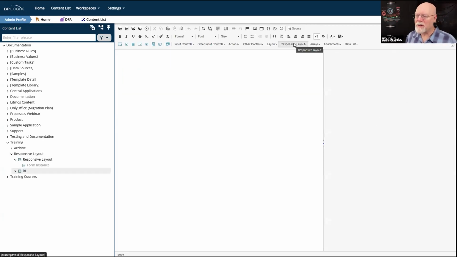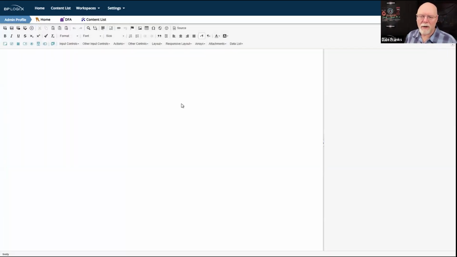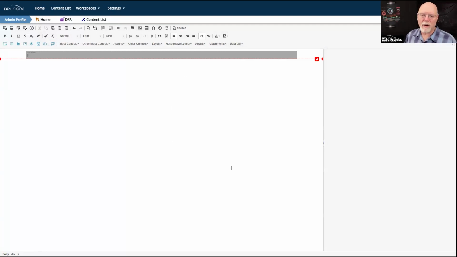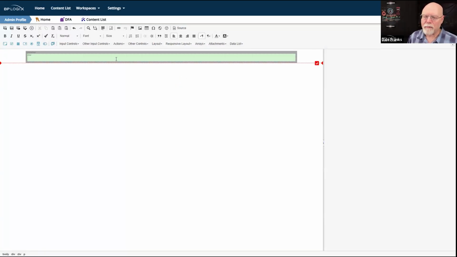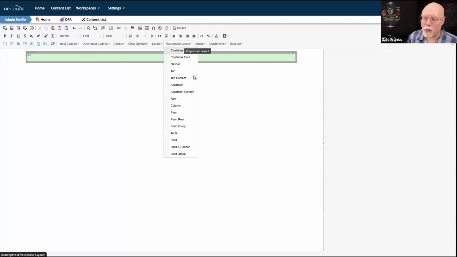I have my responsive layout controls. So now I am going to turn off the content list. So I'm just going to go to responsive layout. I'm going to drop a container control on there. When I do, my cursor is automatically going to be inside the container control. So in this case, I'd probably drop a row control in. And then I might drop in a couple of columns because I'm in a regular row control.